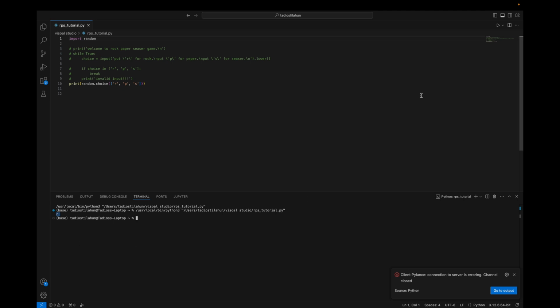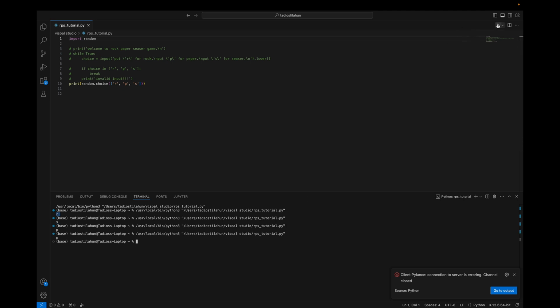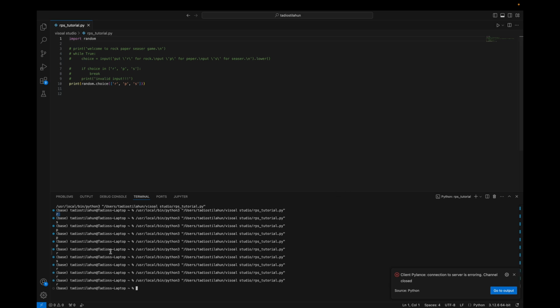if I run this again and again, we're going to have a different value, because it is a random choice. Some person built this random library and you can access it by just importing it, and that makes it very easy for programmers to just focus on the problem, not to worry about this stuff. As you can see, it is just random. Everything is random. First it's choice R H P P P P. You see, it is randomly chosen by the computer,